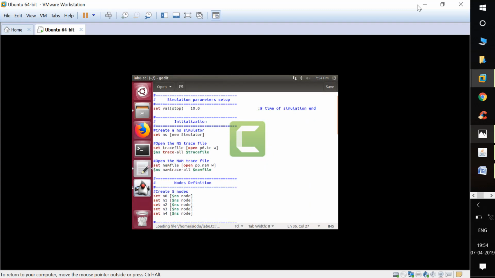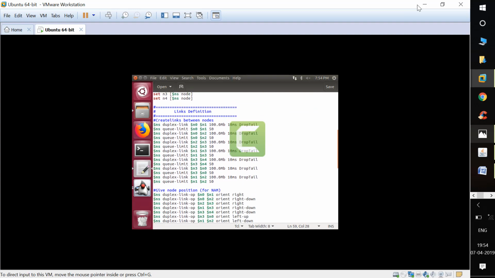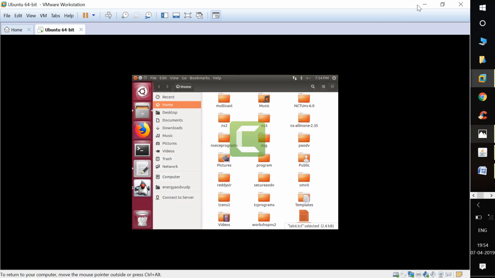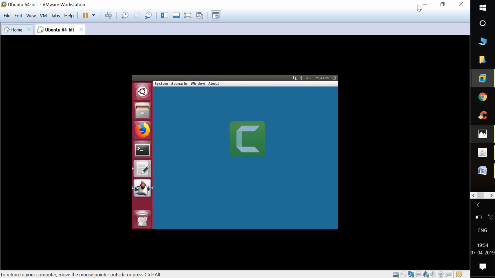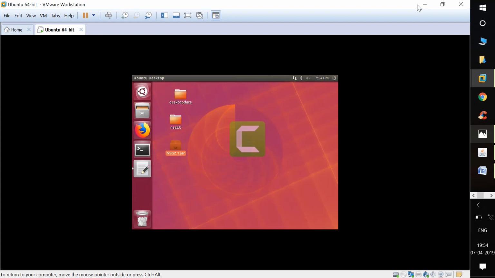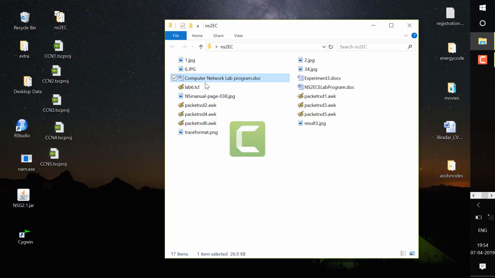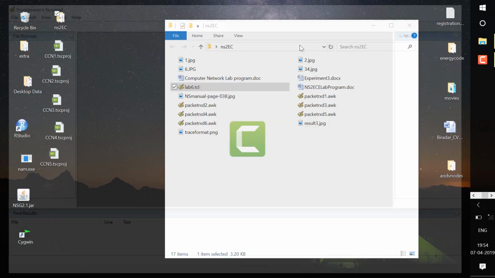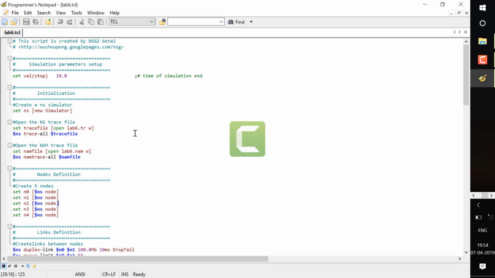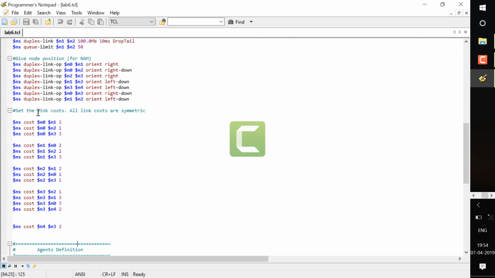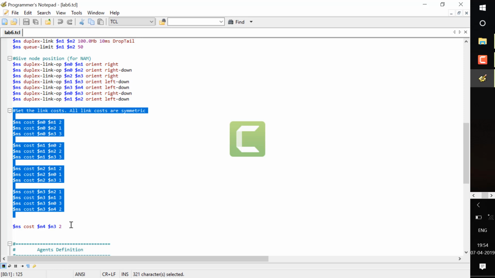To this I need to add a cost value, so I will add a cost value. These are the cost values which I have assigned to the links here.